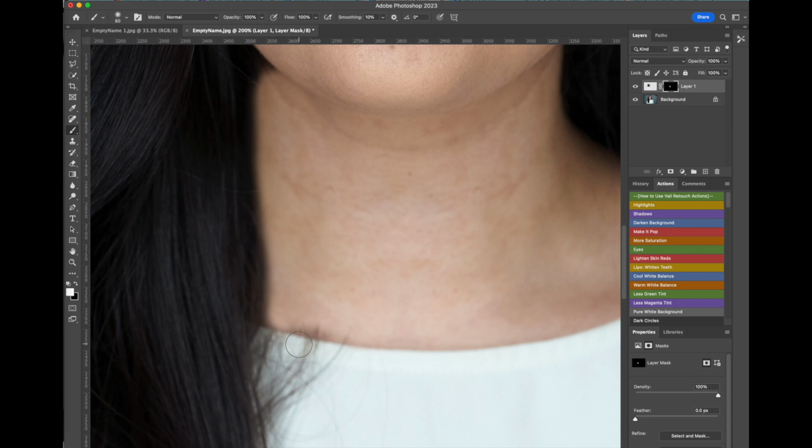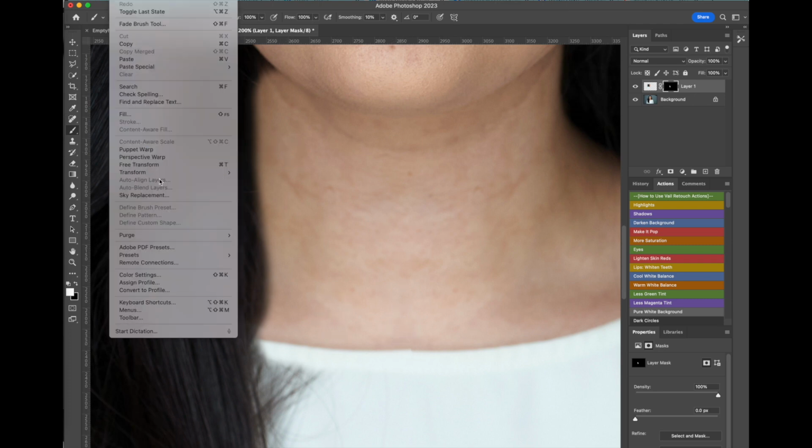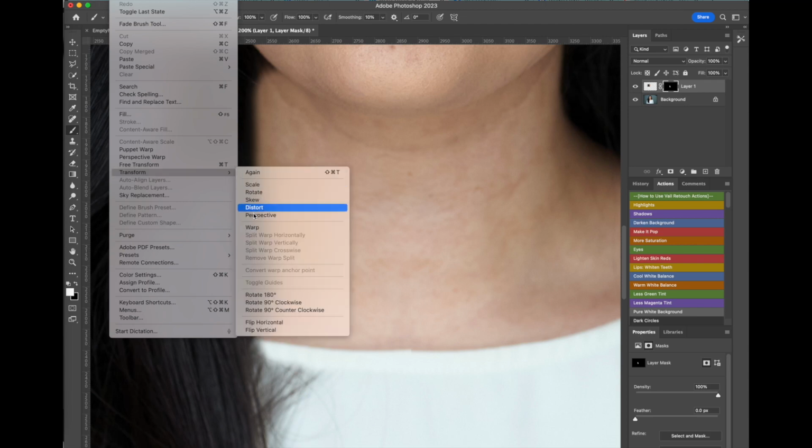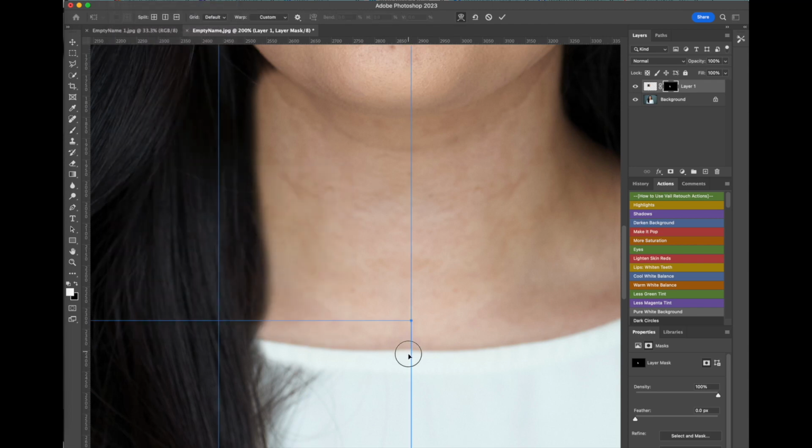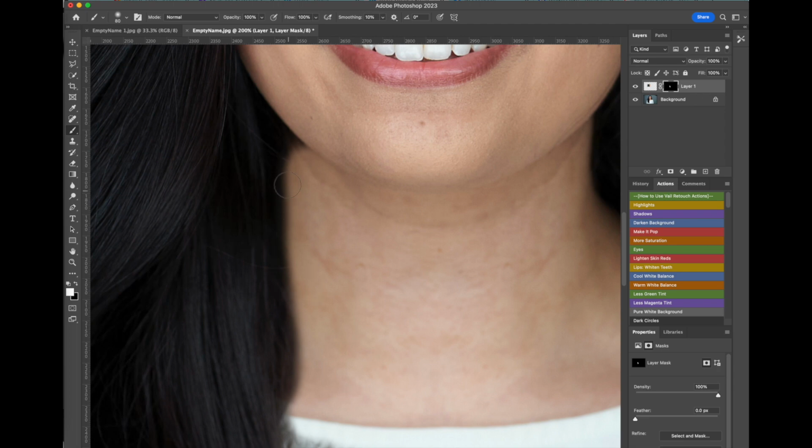Now you could try to copy exactly the neckline from the other side and move it so it fits just right there. Go to our transform and warp tool, and then I can move these little bits so they line up just right. That looks good. I hit enter. But obviously, like I said, if we just did that, it's not going to look right